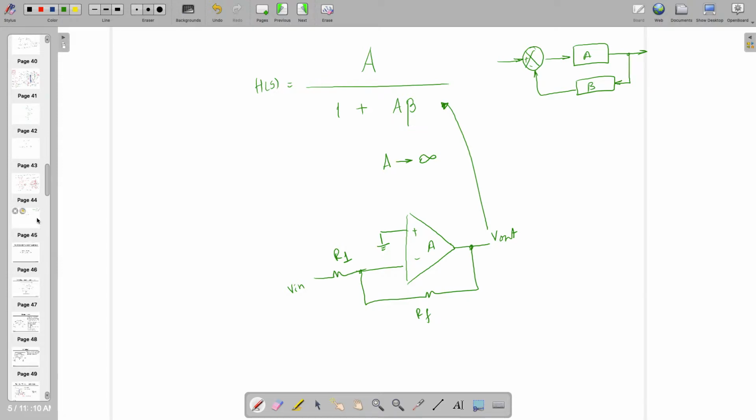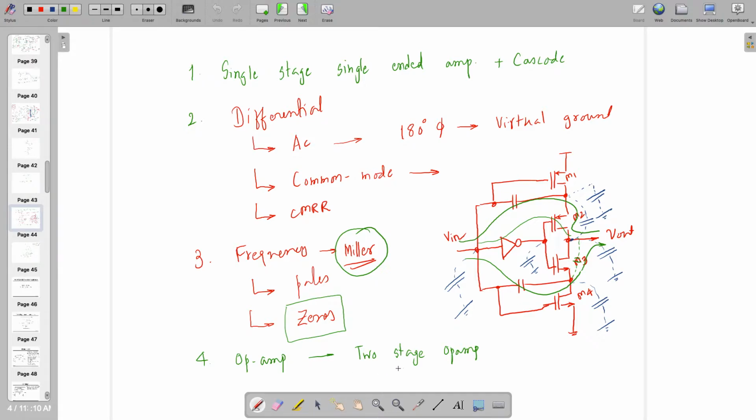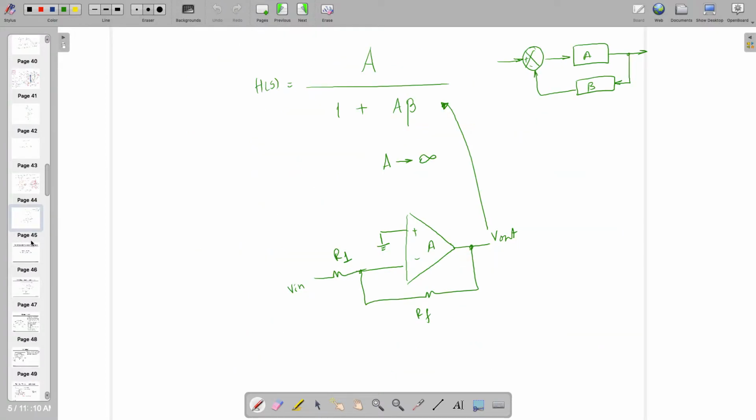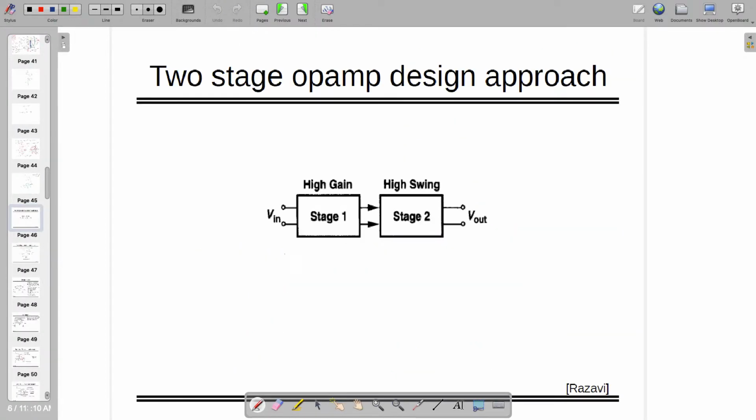So for sufficiently large gain, we are going to add a stage. Adding one more stage is going to give you not only the high gain, but it's also going to give you swing. So there are two stages. One can use 3 stages also. So in the first stage,